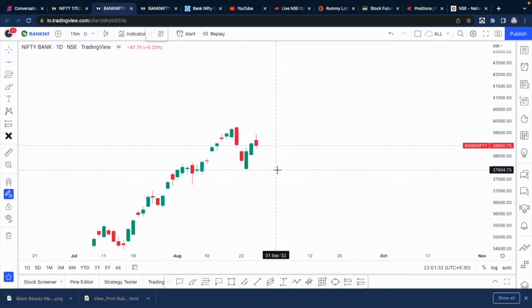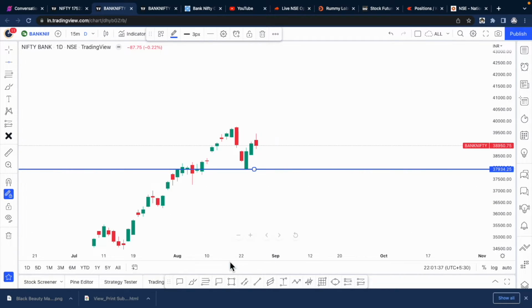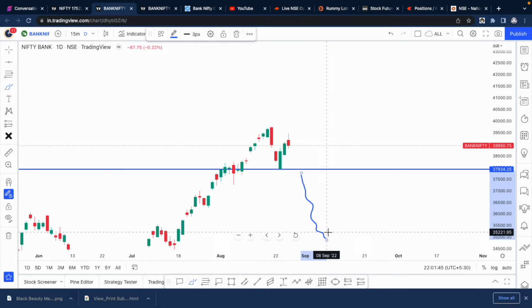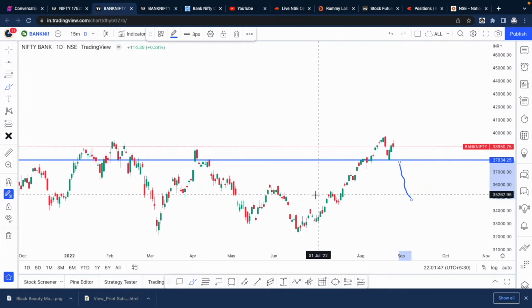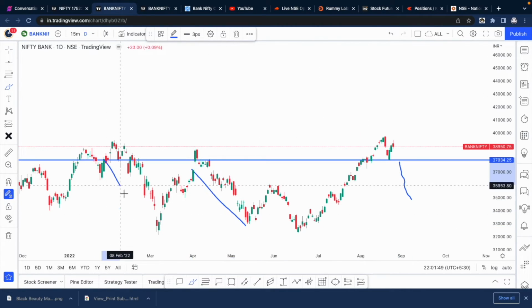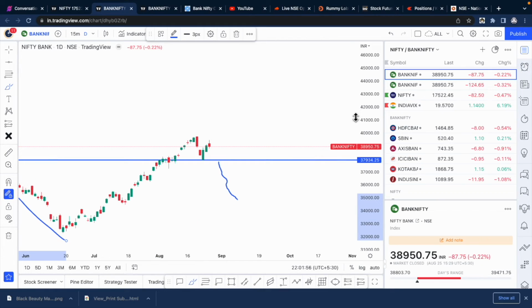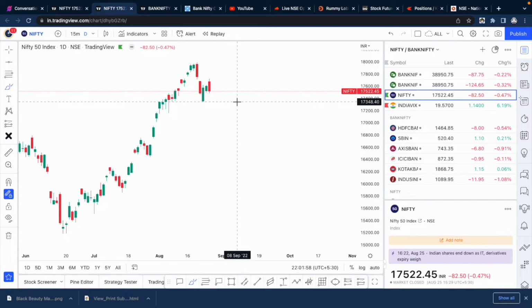That is this. Unless we start trading below this on the daily time frame, the market may not have turned bearish. There's a good chance only if this breaks we will continue to get a much bigger fall, like how we got over here, like these days when we dipped. So that level, we can say the market is bearish when this breaks in Bank Nifty, and the same thing even on Nifty when this level breaks.